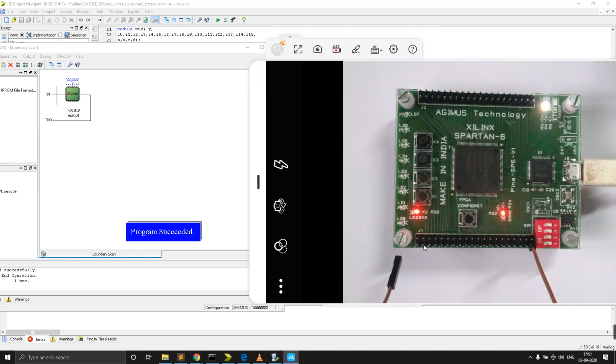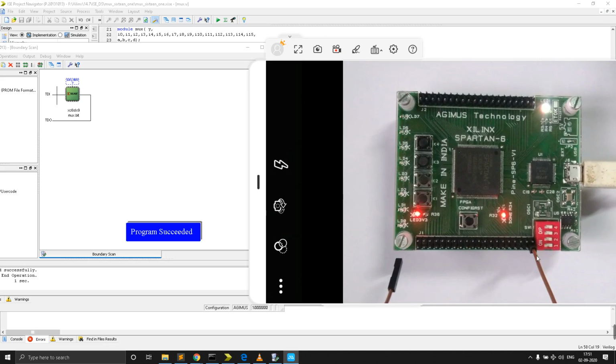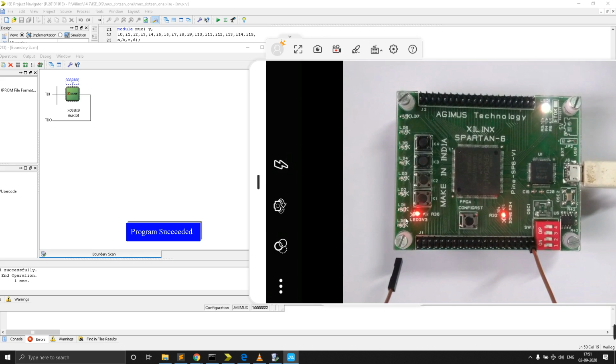Here we can see this is our I0, I1, I2, I3 like that. This is my 3.3 volt supply. Now all these are at 0 0 0 0. We need to get the output of the I0. This is the I0. Now I0 is 0, that's why I'm getting the LD0 as 0.